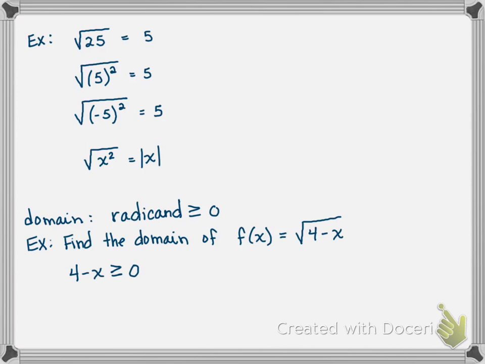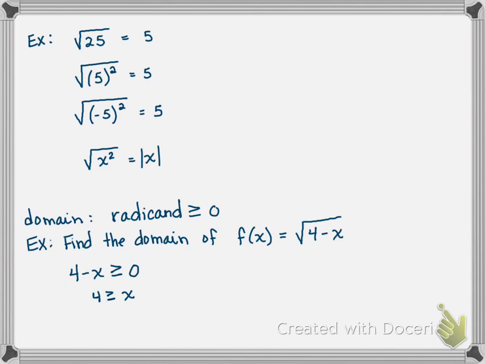And these get a little tricky, so be sure that you actually do the solving of the inequality just so you end up with everything facing the right way. Because notice we have a negative x here. I think probably the easiest way to solve this, so you don't have to do the dividing by -1, is just to add x to both sides. So that just gives you 4 is greater than or equal to x. And then you don't run the risk of making sign errors with all those negatives and -1 and stuff like